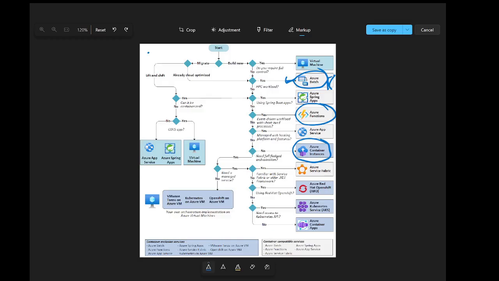So for Azure Container Instance, it will be a second option we can think about. Why we cannot use Azure Container Instance? It will be a big sense question. Actually, you could use Azure Container Instance here. You can use it for this type of small application, but also it will be the same problem for